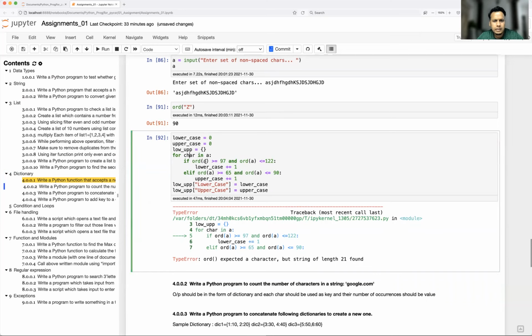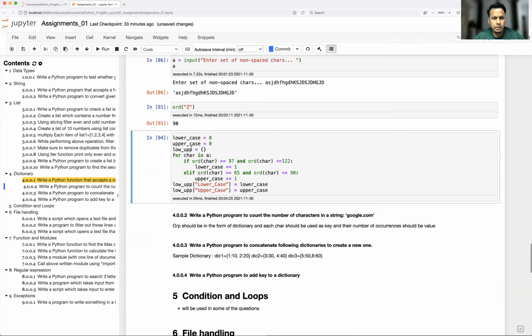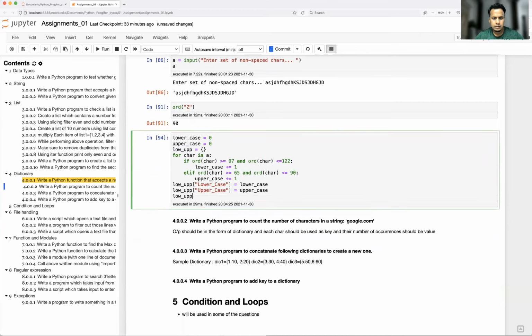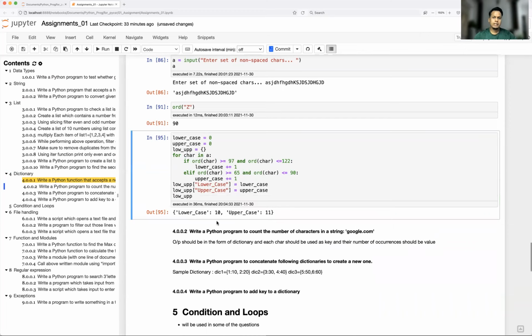So I think this should be char. Okay, something else is missing here also. Okay, let's print the final dictionary. Yeah, so total lowercase 10 and uppercase 11, right?